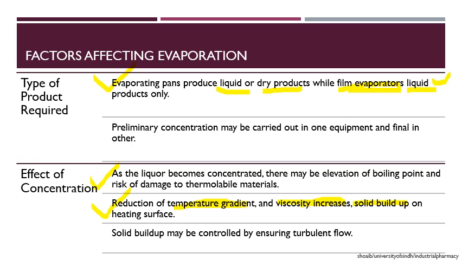So finally, how can we overcome these problems? One suitable method is turbulent flow. We have to produce turbulence. If there is turbulence, the fresh liquid will be touching the surface. More liquid from the bottom will be touching the upper surface, and there will be distribution of the temperature. There will be no solid buildup, and more liquid will be exposed to the temperature, and there will be better evaporation.